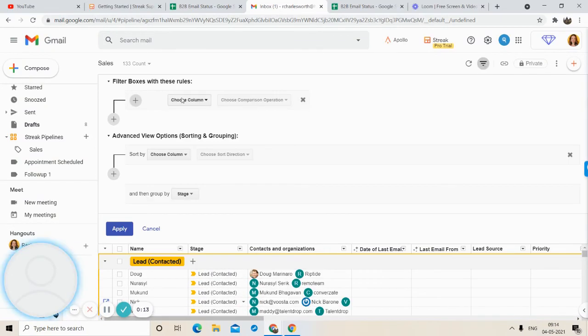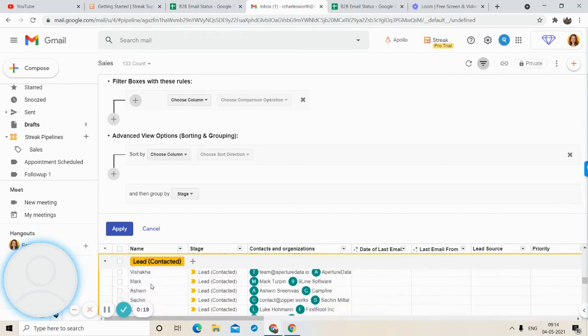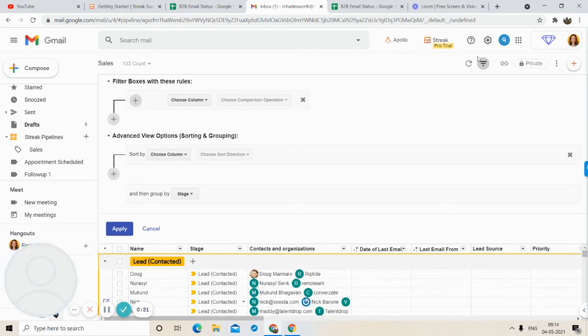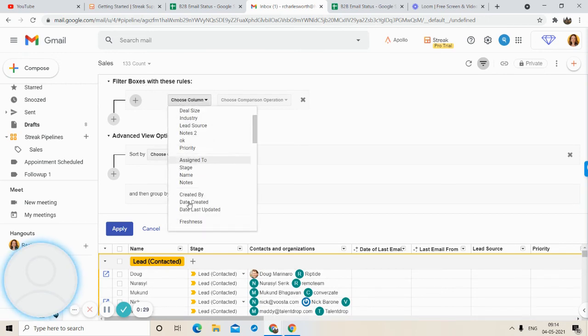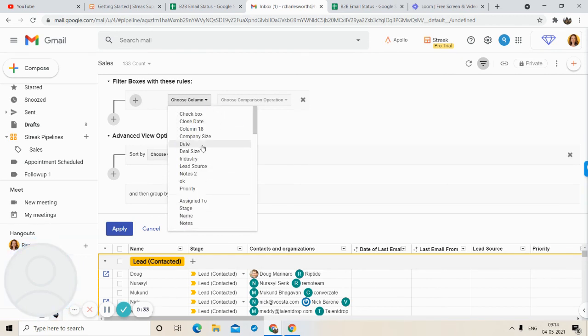What it helps you with is basically simple. Suppose you have this pipeline, this contact list. Now you want to filter this. So in basic terms, the saved view editor is nothing but filtering this contact list. These are some rules you can use. Suppose I'm just going to show you one stage, one rule, and you are free to use all these things and tweak them according to your need, right?